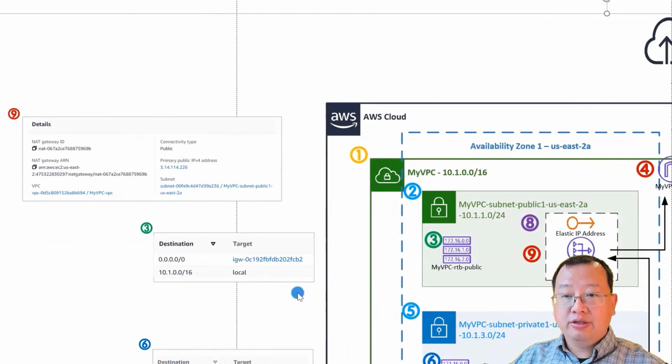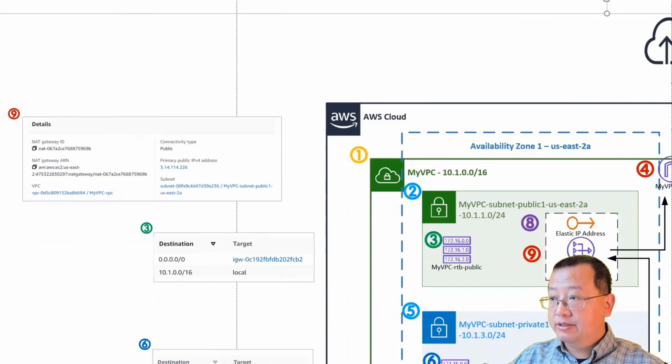The screenshot is the route table content. The content shows if the target IP is part of my VPC IP CIDR, the traffic is directed inside my VPC, so the target is local. You see the first line,